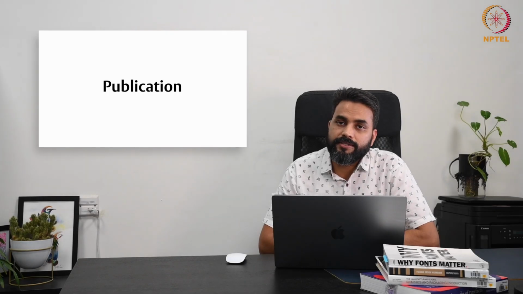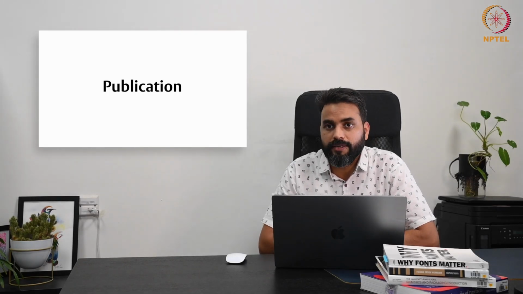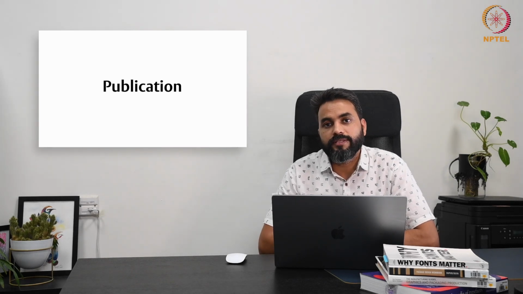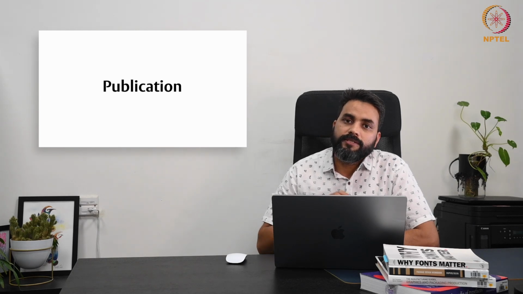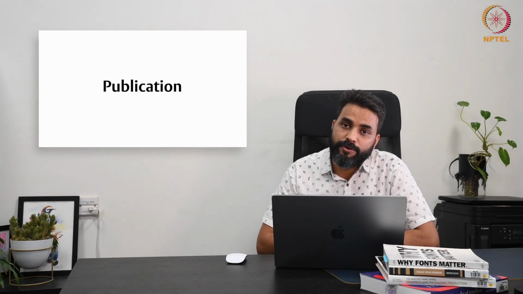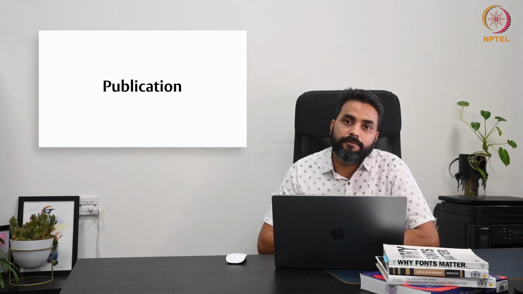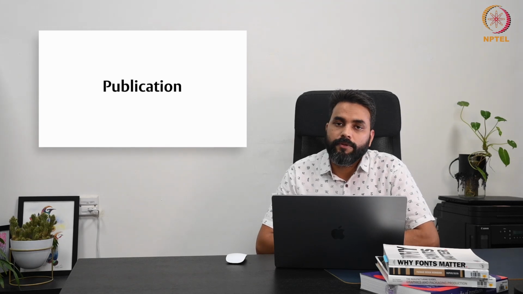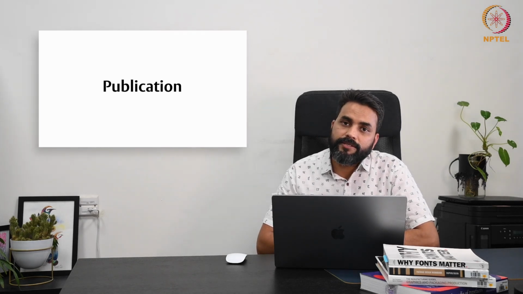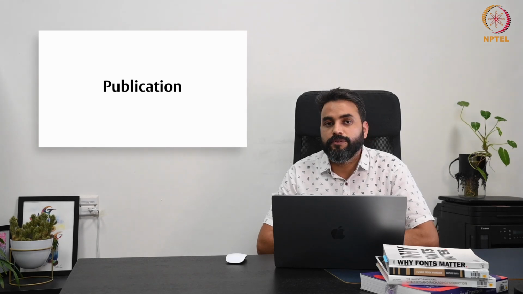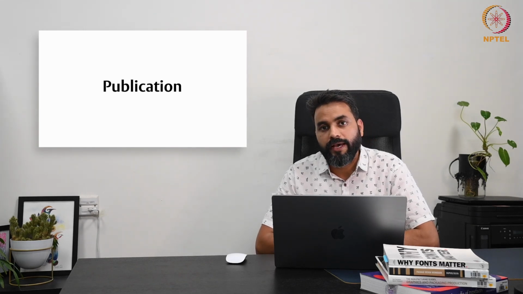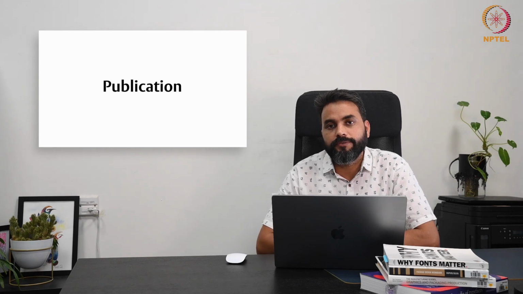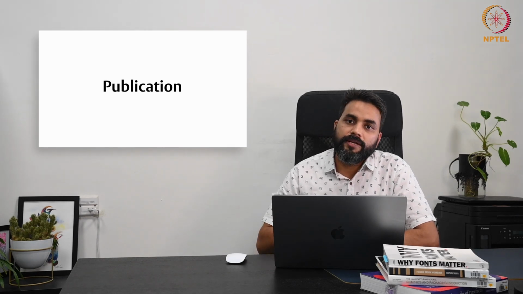After understanding the color system and development in printing techniques, let us move ahead and see what goes into publication design. Publication design is the art of creating visually appealing layouts for printed materials like magazines, books, newspapers, and brochures. It involves the arrangement of text, images, and other elements to ensure readability, aesthetics, and effective communication. A good publication design balances function with visual appeal.